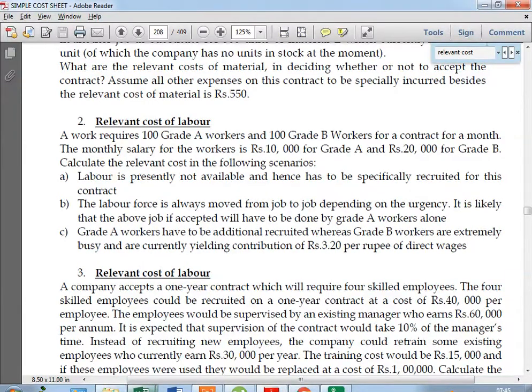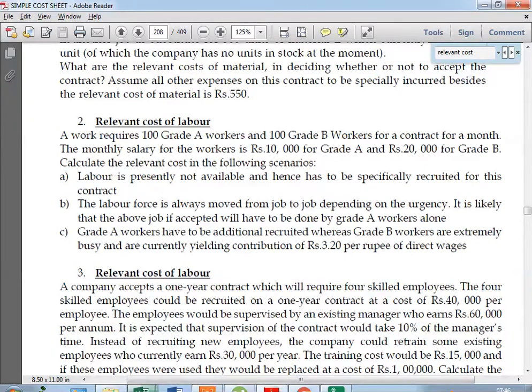Okay, coming to scenario 1, labor is presently not available and hence has to be specifically recruited for this contract. What will be the relevant cost? Wages payable, right? Question number 2, part A. All these are independent, different scenarios. Part A, point number 1,